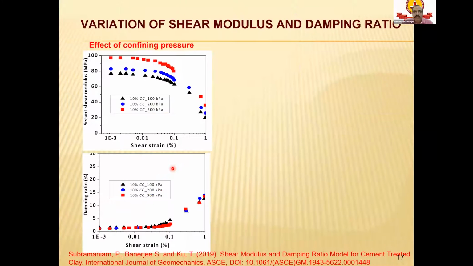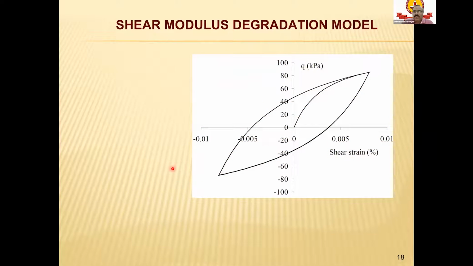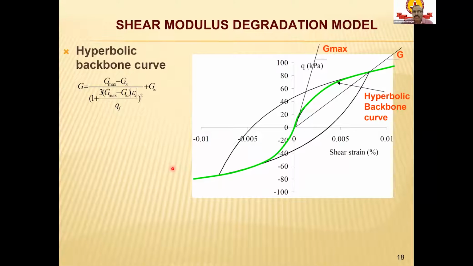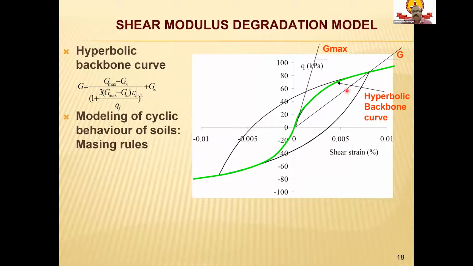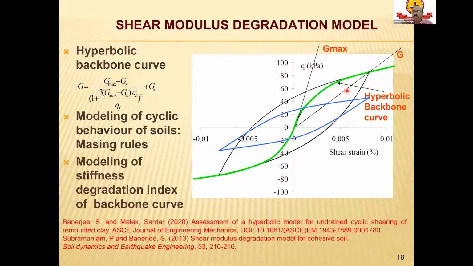Similarly, we repeated this for different confining pressures, different cement contents, for damping ratio and other quantities. Then we started forming an analytical model. Now this is our idealized hysteresis loop. We put a hyperbolic backbone curve to this stress-strain model. For the unloading and reloading behavior, we tried the Masing rules, which are quite well known nowadays. And then for stiffness degradation, we followed the